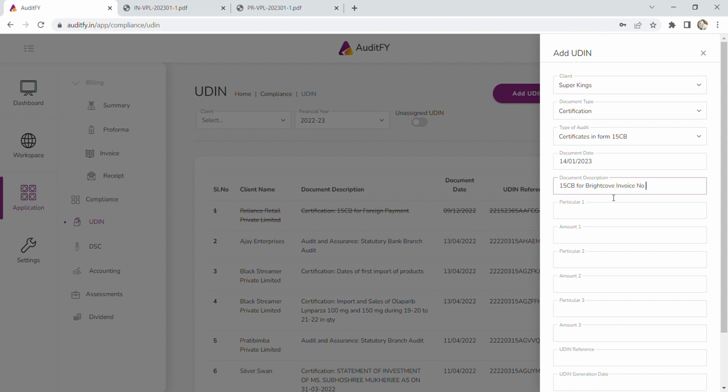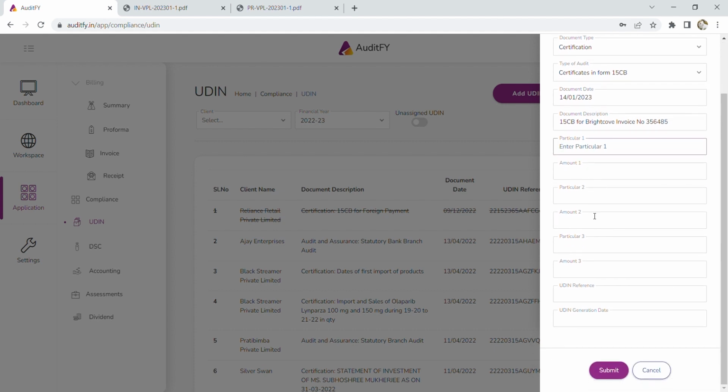Invoice number I can mention. So particulars as and what particular 1, 2, 3 what you provide in your UDIN website, the same can be provided here. So maybe say amount payable in USD, TDS deducted,